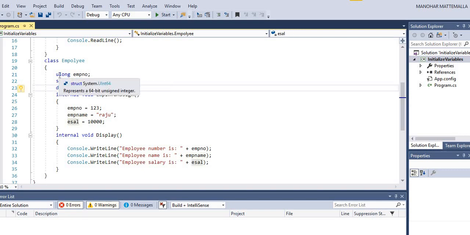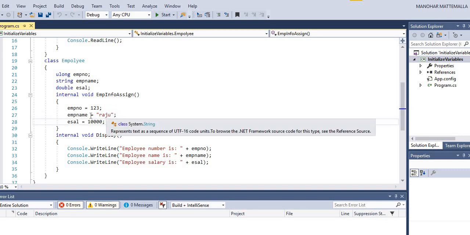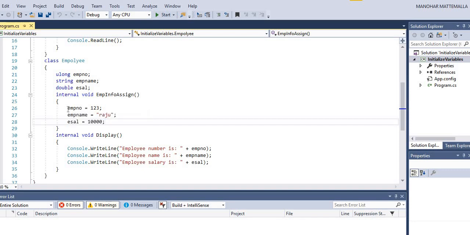After that, I made one method, empInfoAssign, which just assigns the employee information to the proper class level variables. Employee number is 123, employee name is Raju, and employee salary is this much.